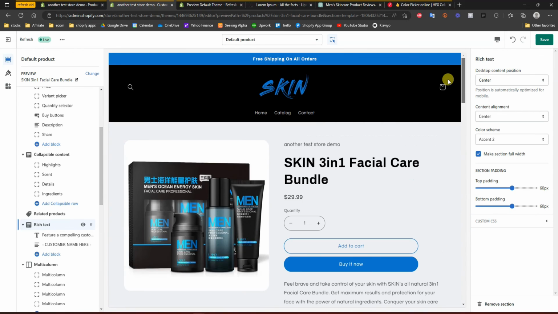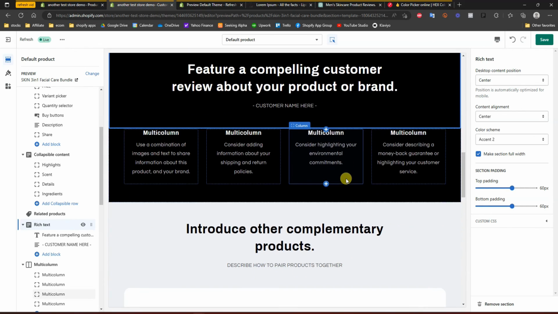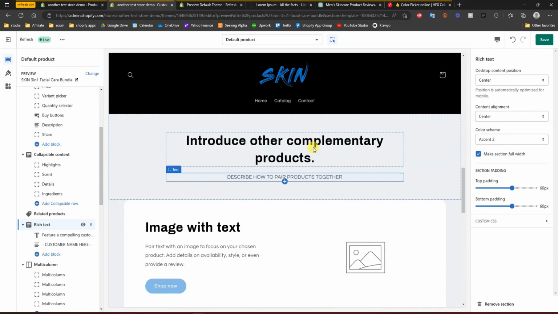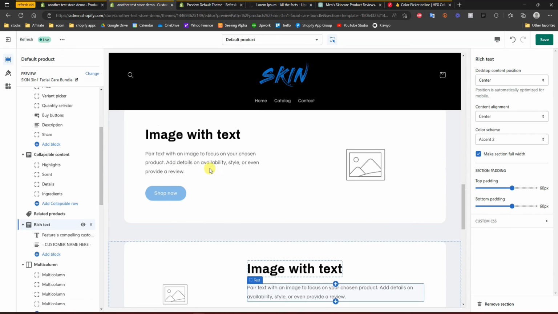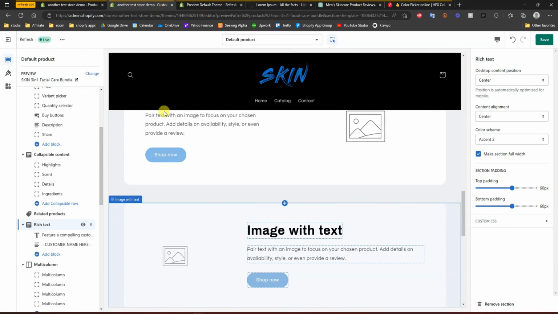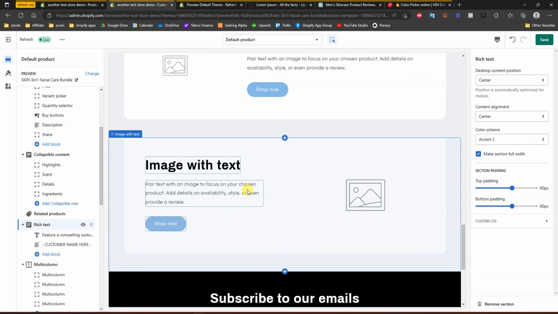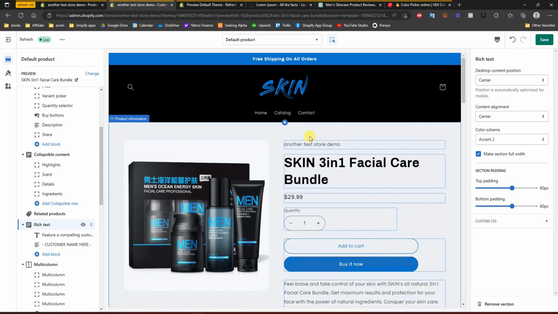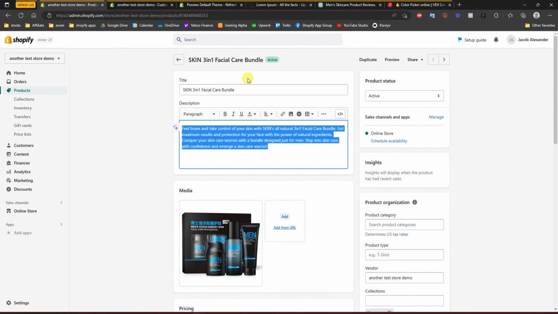So in this case, if I were to actually be filling this out for this product, I would probably put some more product reviews here. And then with this section, I would put in like the 3-step process, since this is a bundle. So we would have like the cleanser here. So step 1, cleanse. Step 2, tone. Step 3, moisturize. And that's how I would set up this product page. But for the sake of brevity, I don't want the video to be an hour long, so we're going to stop it right there. So lastly, I'm going to come over to the online store,